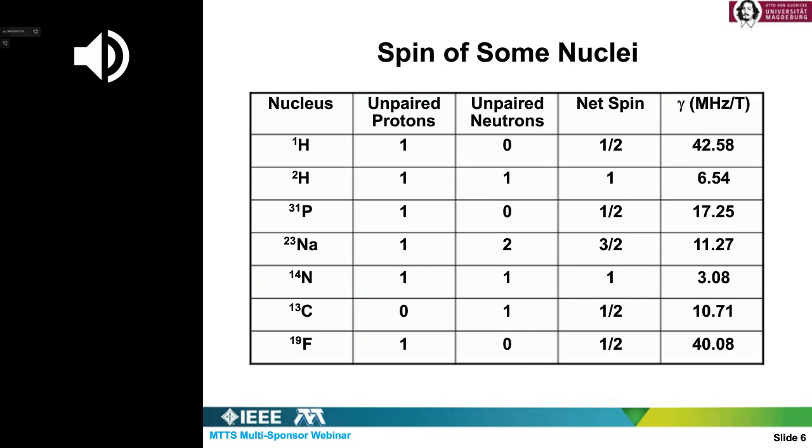The ratio gamma itself is something like charge per mass, or the charge-mass ratio. Therefore, if the mass increases, the ratio itself goes down. And we have here values for phosphorus, for sodium, for nitrogen, and for other elements, just to give you some idea about that. You can also consider the electrons. Electrons, of course, have a much higher gamma because their mass is much less than the proton.